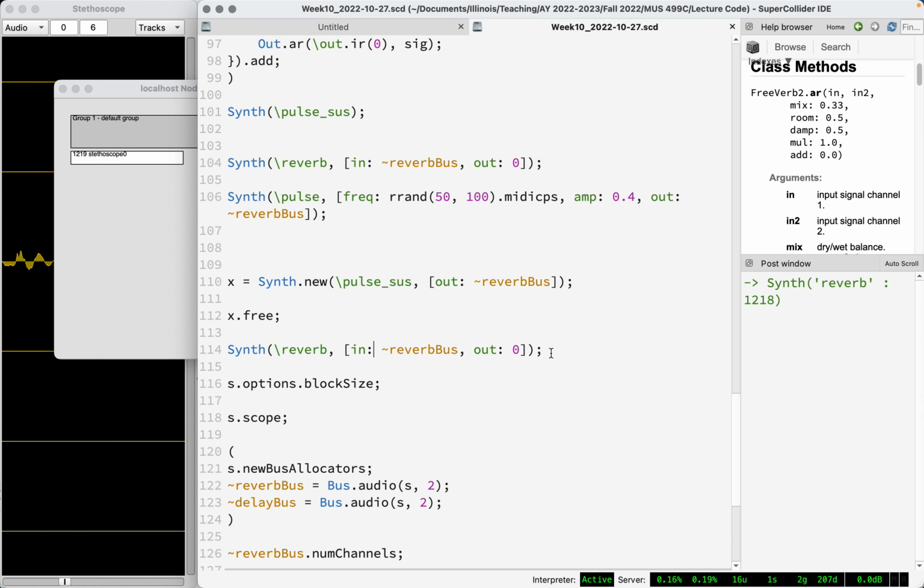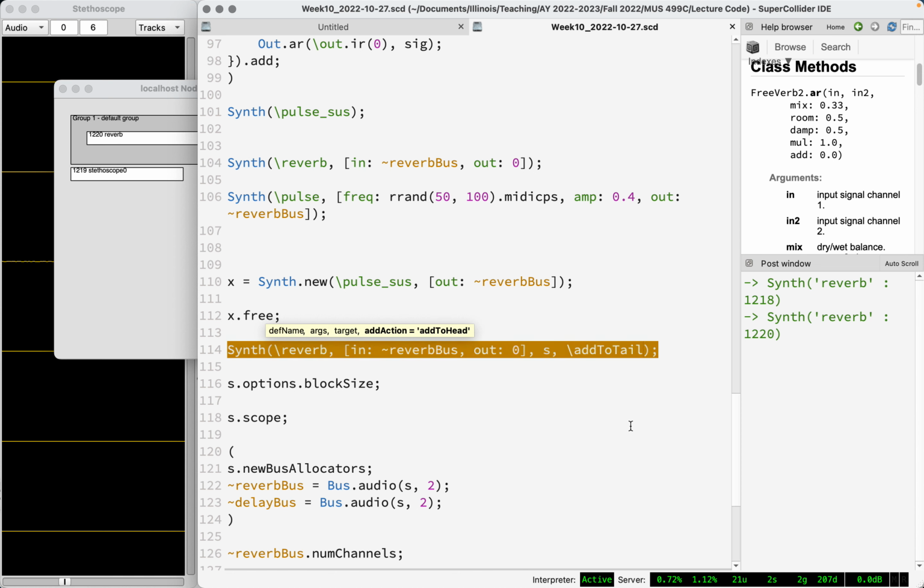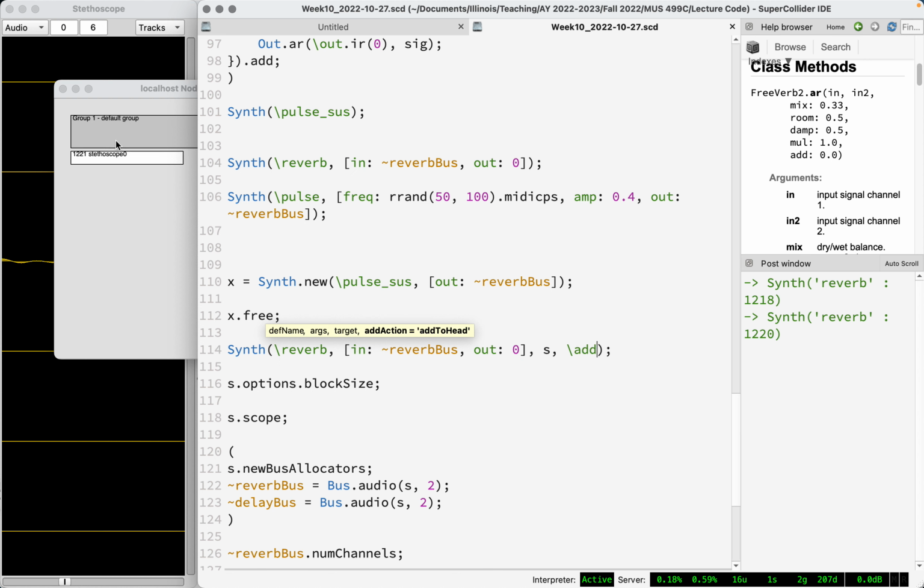And we could put this in other places. We could say, okay, the target is the server, and there are five addActions we could do. There's addToHead, which is the default, addToTail. This is going to look exactly the same because there's nothing in this group. So the tail and the head end up being the same position. We could also do addBefore, and see it ends up before the target, which is the default group on the default server. And there's also addAfter,